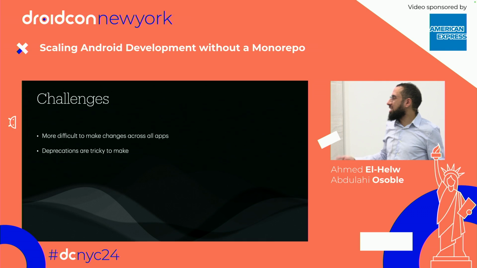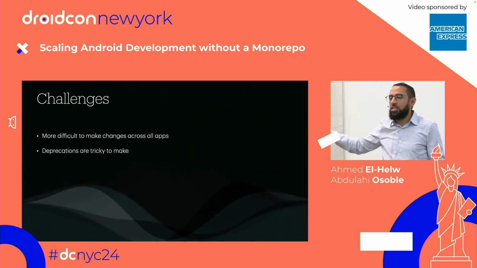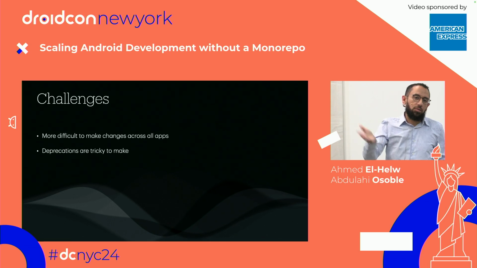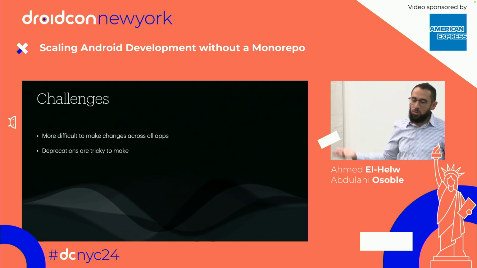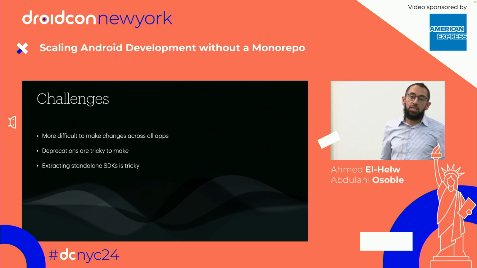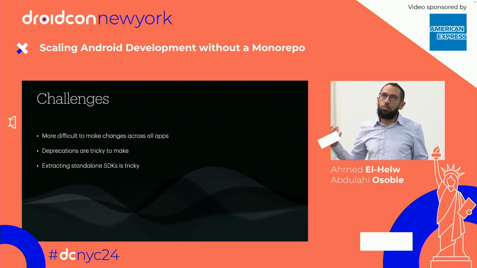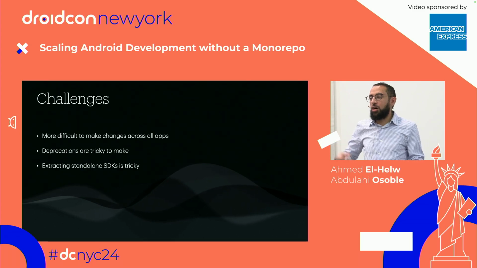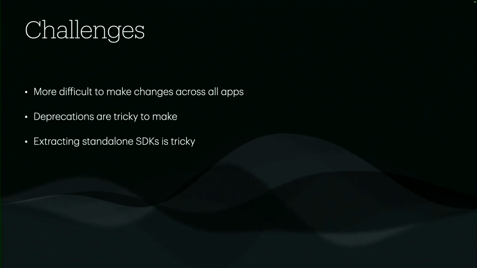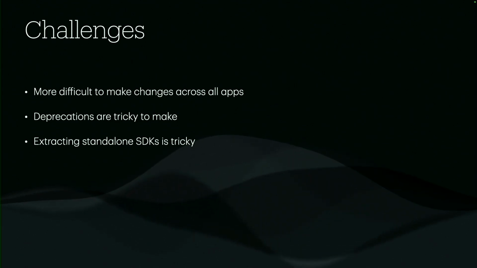So you do tricks like this, and then you mark it as, hey, I deprecated this in this release, and I can remove it in this release. It takes time to deprecate things. Another challenge is if you want to extract a standalone SDK, it's tricky because a lot of your code is coupled to this idea of getting a dependencies provider with all my dependencies, and that might not be the best thing when I'm trying to output an SDK for the world to use, for developers to use.